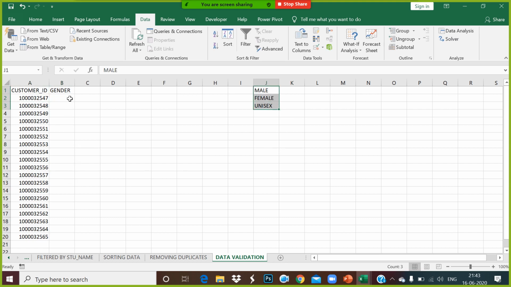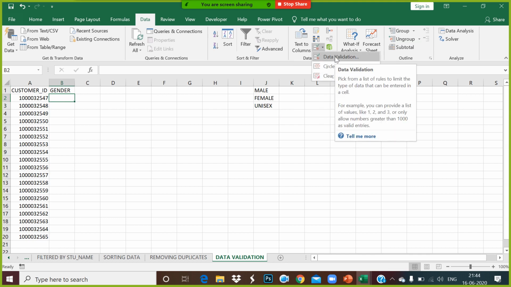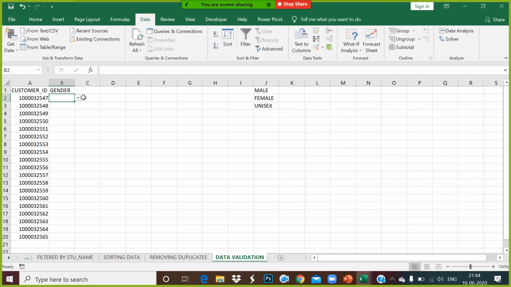So what I can do here, I can select this cell, go to Data, and under Data Tools choose something called data validation. In data validation, I choose a list value. In the source, I enter these three values. Now if I say OK, there is a drop down created with all these three values.